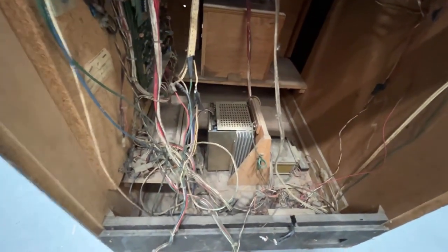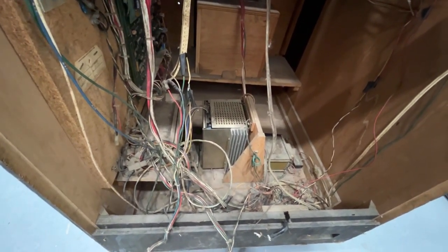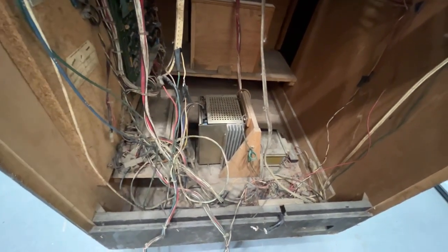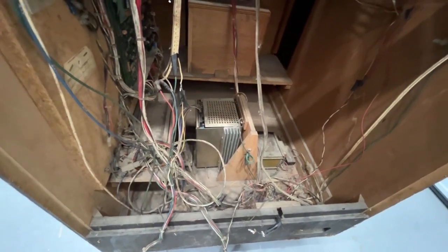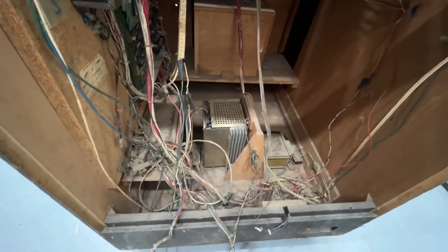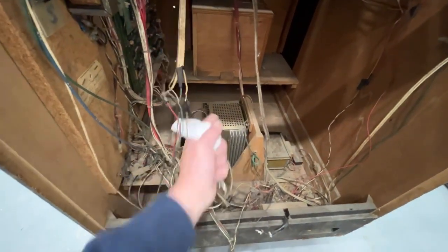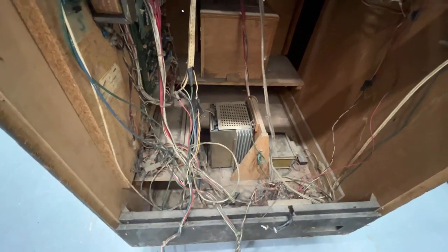But anyways, the 12 volt lead and stuff like that, where it goes on the edge connector on the Popeye board, there might not even be a trace on the board. So even if you did plug the edge connector in and there was no trace going through the board for 12 volts, it won't matter. You should have no problem running this power supply, because the 12 volts is just going to dead end at the edge connector. Or you can come in here and take one of the pins out of one of the wires, or maybe